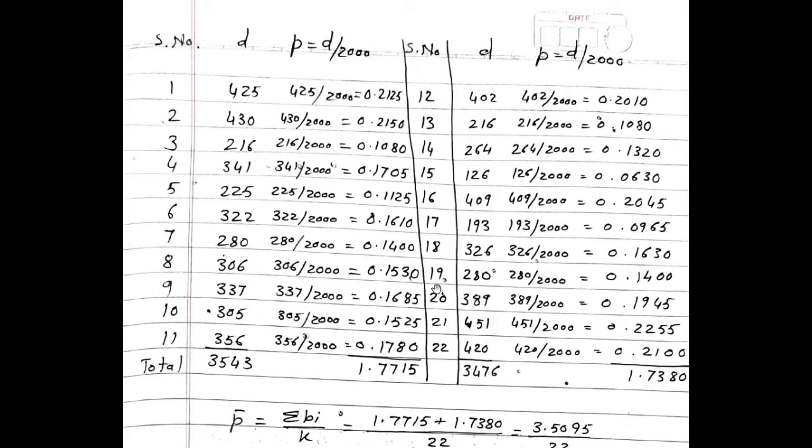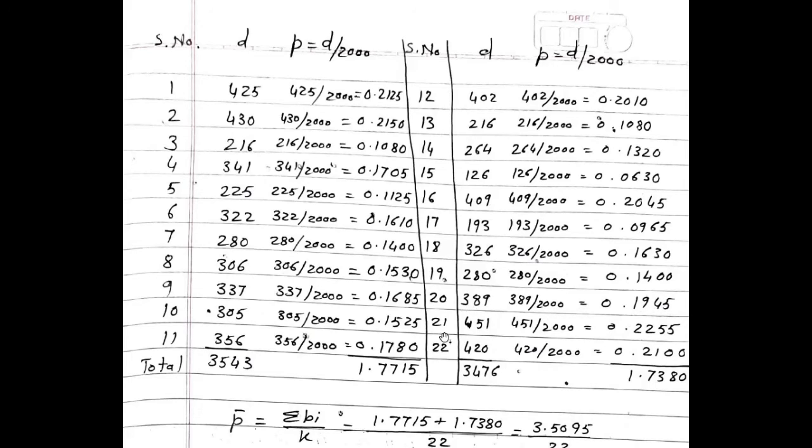0.1630. 19th sample, D value is 280. So 280 divided by 2000. The value becomes 0.1400. 20th sample, D value is 389. So 389 divided by 2000. The value becomes